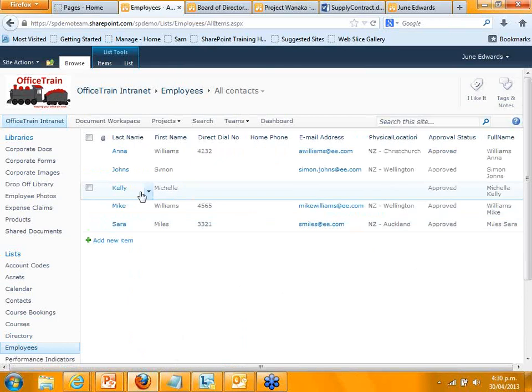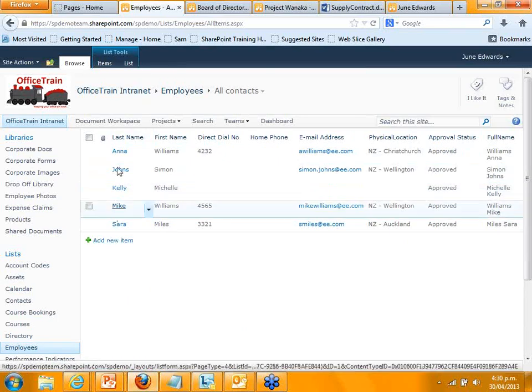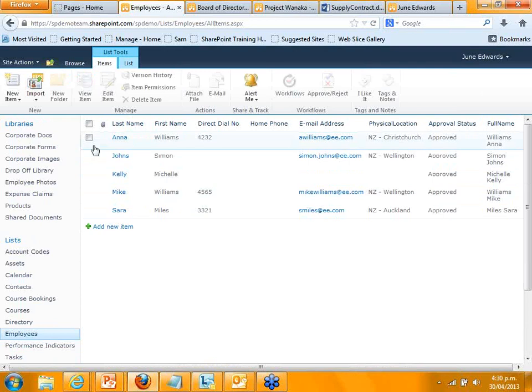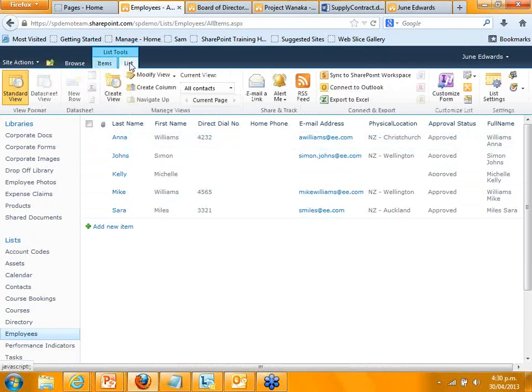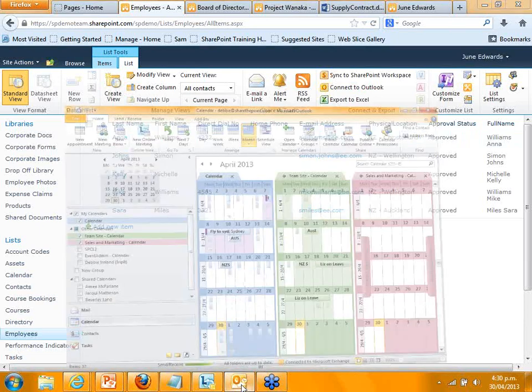Some of these lists I can also synchronize directly to Outlook. So I can go up the top here, and you can see I can add a new item. I could delete items that are there. And I can also do things at a list level, so I can go ahead and do all sorts of customization for each of these lists and create new columns and so on. I can also connect it to Outlook. So if you are an Outlook user, this is where it becomes quite valuable, because things like a contact list I might want to store also inside of Outlook.